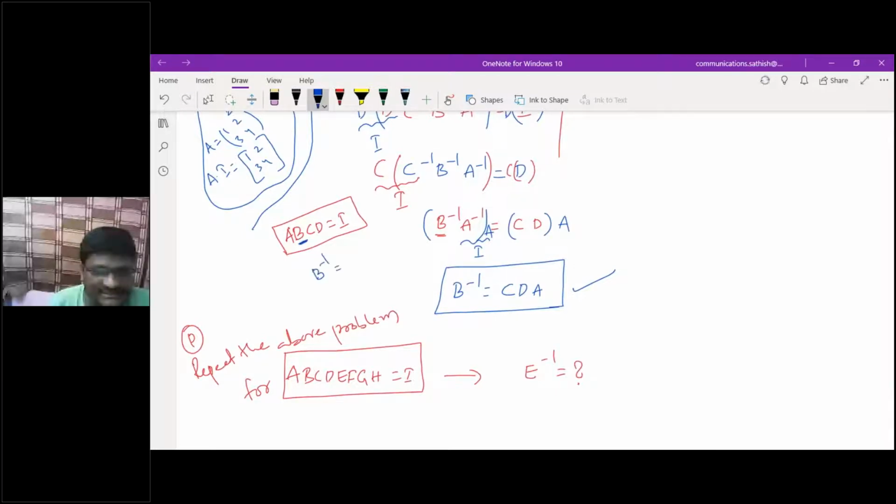See, try to listen here. After B, whatever you are having. This is B now. Just keep this B here. So C, D and A, stop before B. That's all. See here, C, D into A. So I'll have here C, D, A value. Then can you give me the answer of your C inverse with the same knowledge?